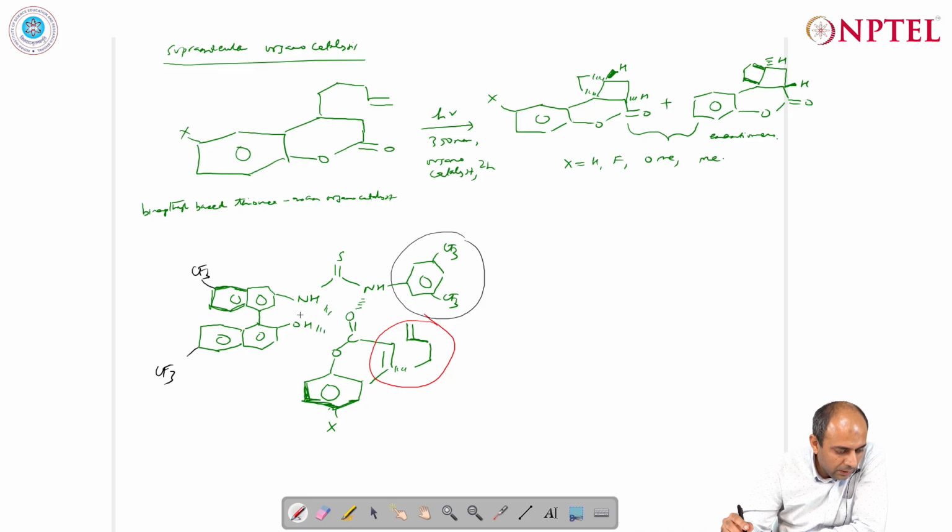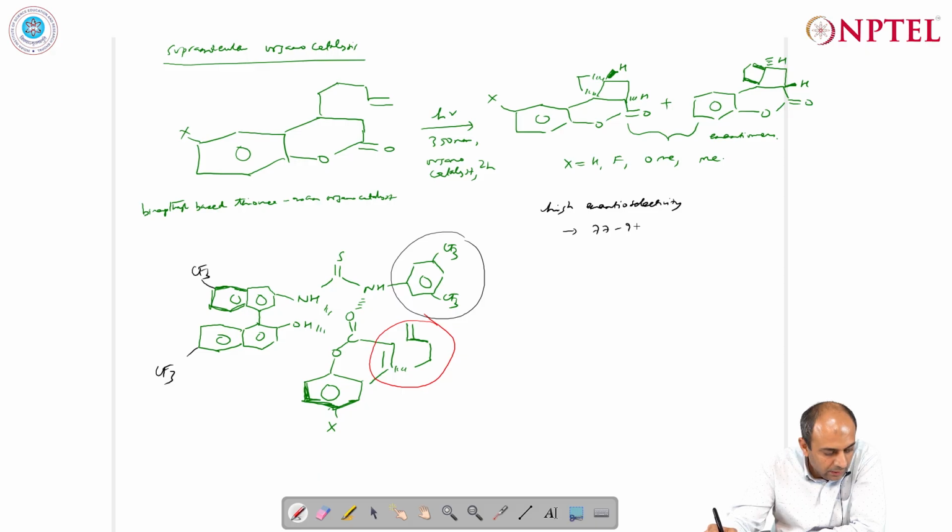And what was observed is high enantioselectivity was observed in the range of 77 to 96% ee in the photoproduct when 1 to 10 mole percent of the organocatalyst